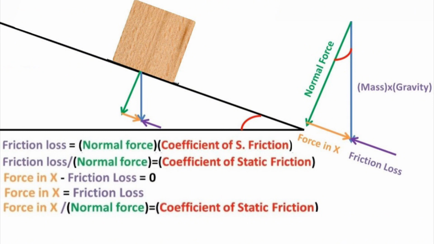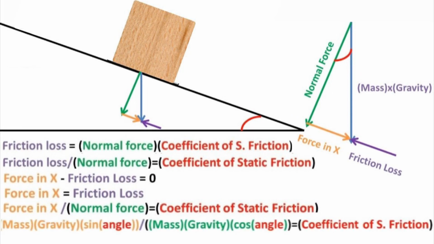Because our angles form a right triangle, we can now use trigonometry to solve for the normal force leg and the force in x direction leg. So the mass times gravity times the sine of the angle will get us the force in x direction. The mass times gravity times the cosine of the angle will get us the value for the normal force leg of the triangle. Because it's in both the numerator and the denominator, the mass times the gravity gets cancelled out,